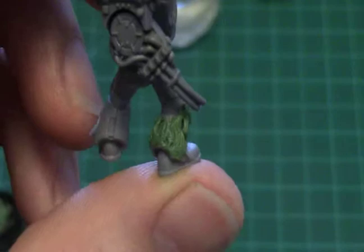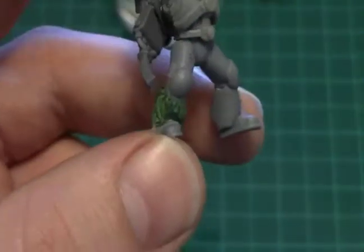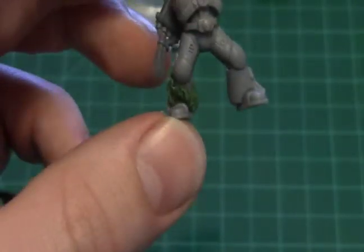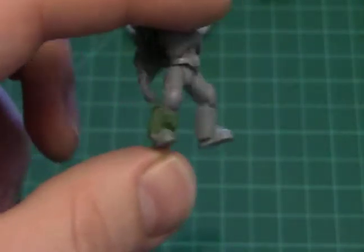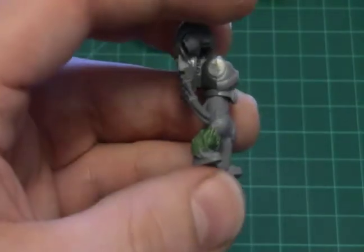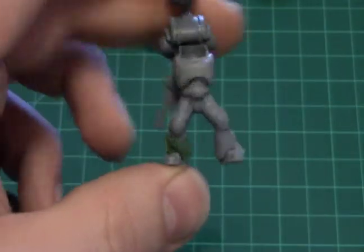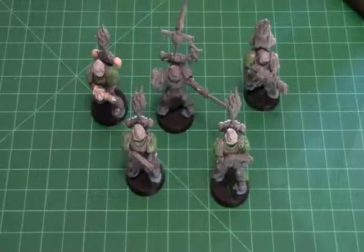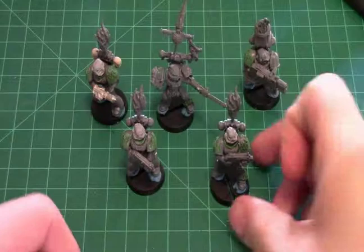So there we have just the basic fire kind of feel. Once it's painted, it should look a lot more like fire. Obviously, being green on gray doesn't give the fire effect, but I'm going to go ahead and finish these up, and I'll be back. Okay, we're back with